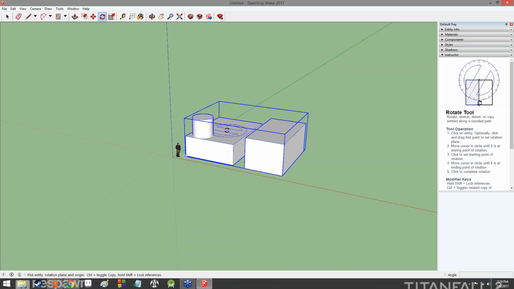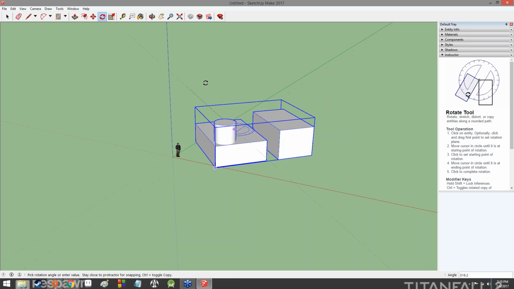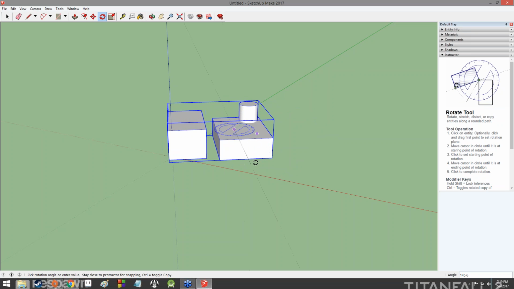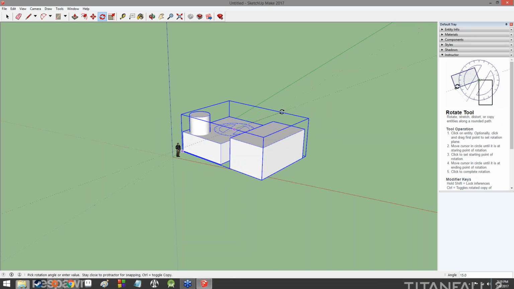So anything we rotate will be rotated around the y-axis. It's pretty simple to use. You click on it once in order to anchor that protractor somewhere, and then you click again to set a starting point, and then you can start rotating the object by moving your cursor around. It will always snap to its original position